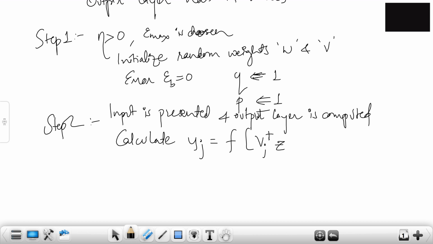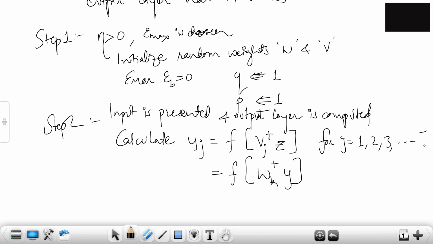T is transpose, by the way. V is the weights, right? Into z, you're getting y. Also, Ok equals f of Wk transpose y. W is a weight and V is a weight which will have J inputs, so I'm going to write for J equals 1, 2, 3 up till capital J, and then K equals 1, 2, 3 till capital K. Now this is step 1 and step 2 of your algorithm.